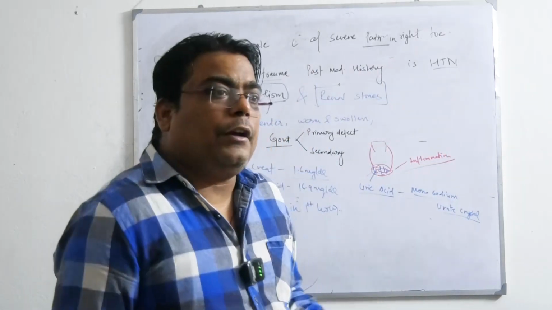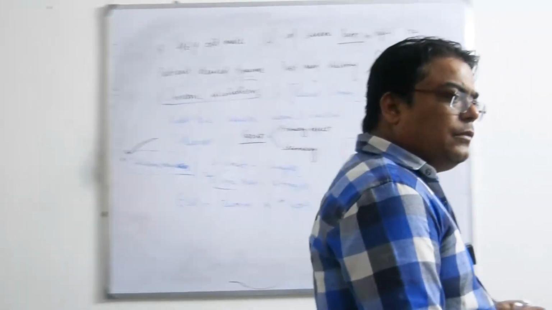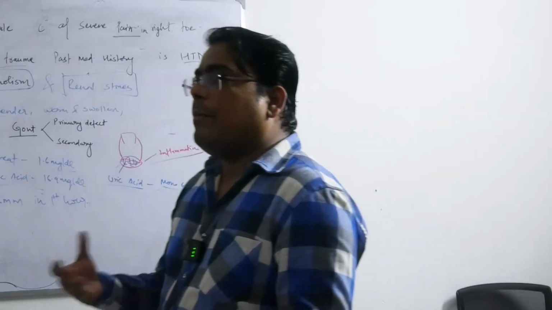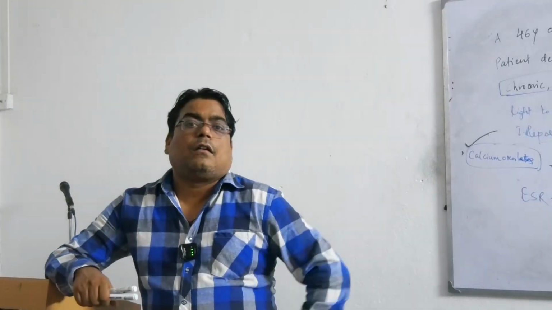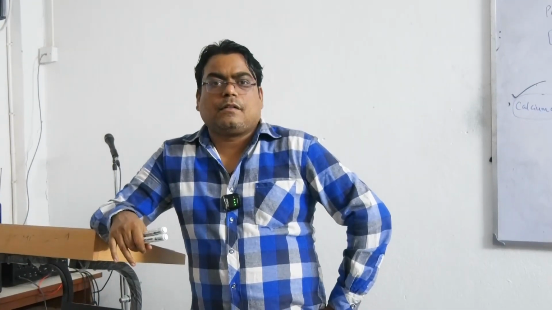Nucleotides will come, purines and pyrimidines will come, so what will happen? Its metabolism will increase more. What will happen then? Because we are uricotelic, we produce uric acid in a high amount, and here uric acid is already high. Okay, so these symptoms already come. Understand? Now second question, how will you manage the disease?